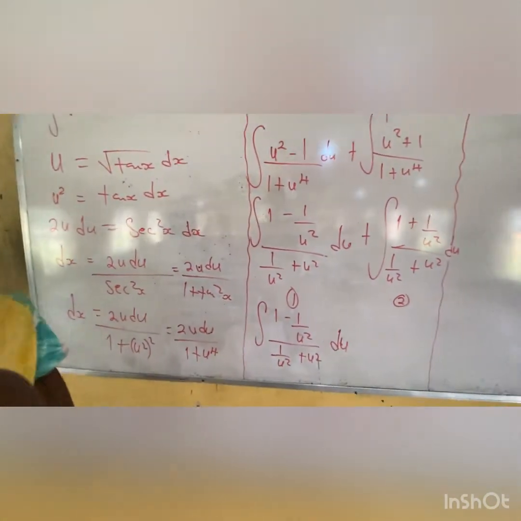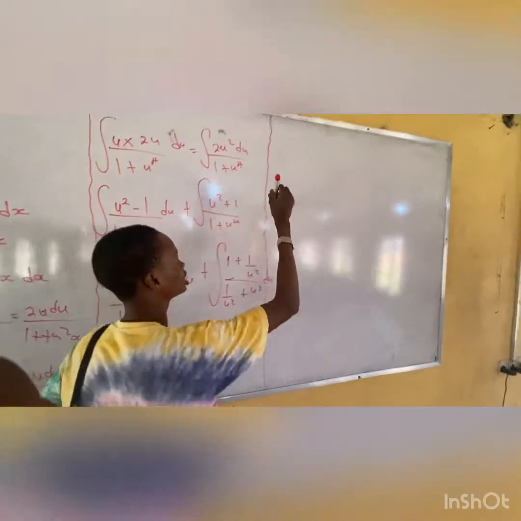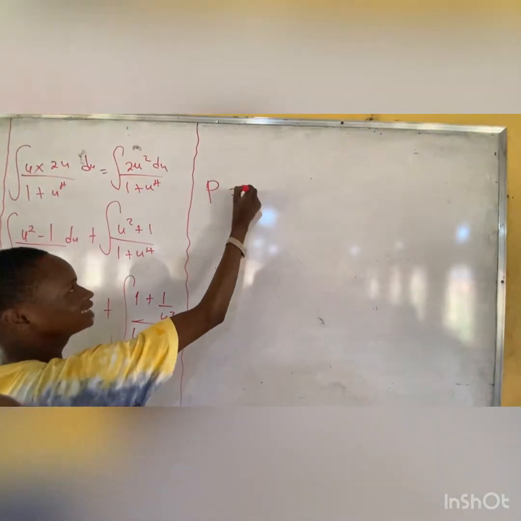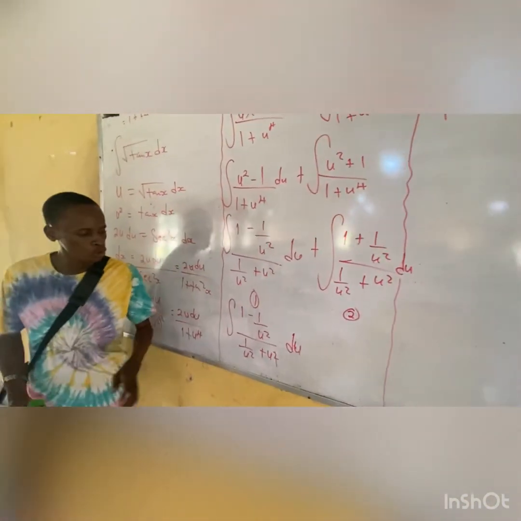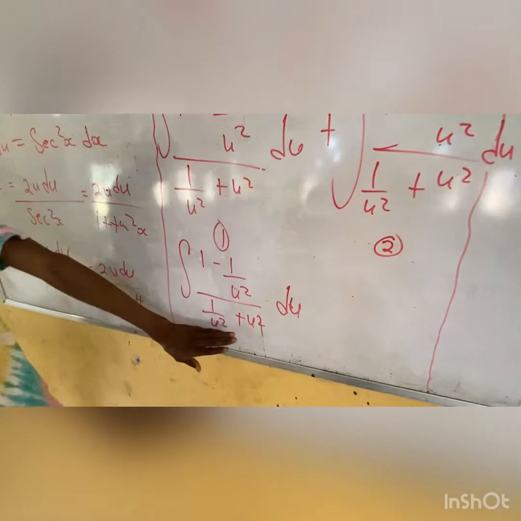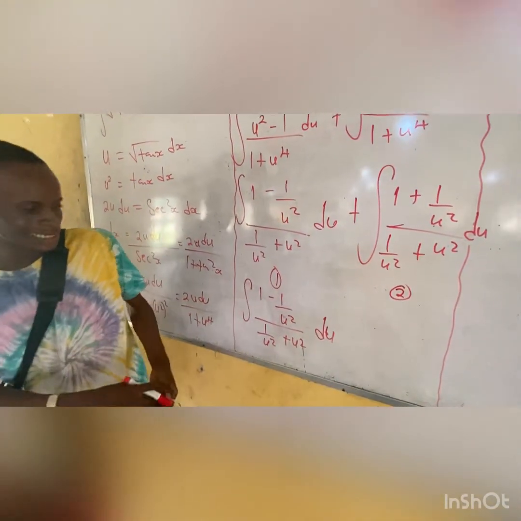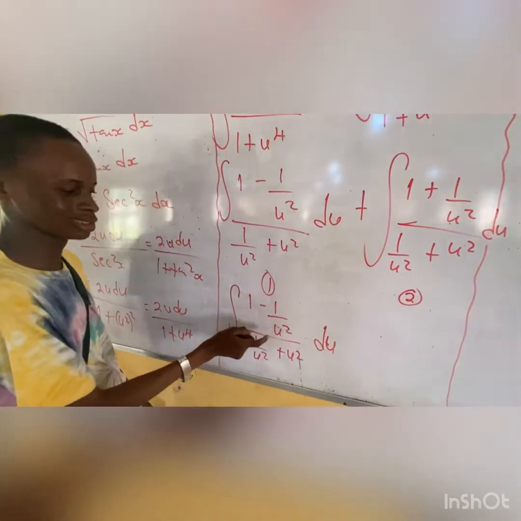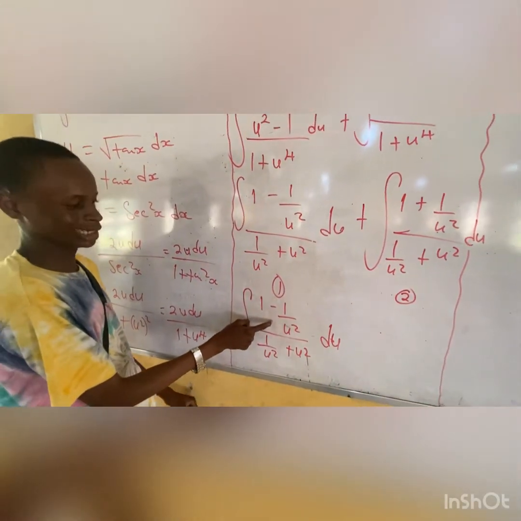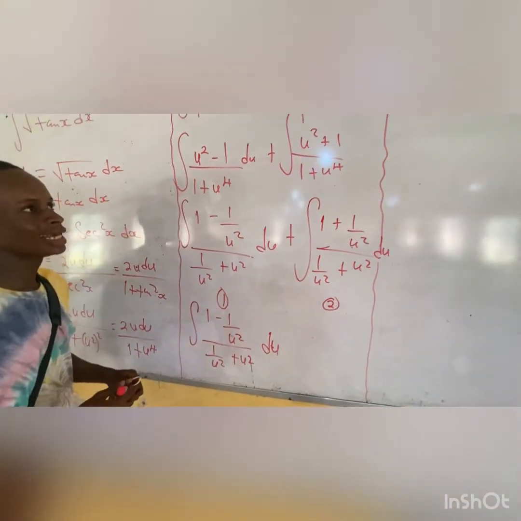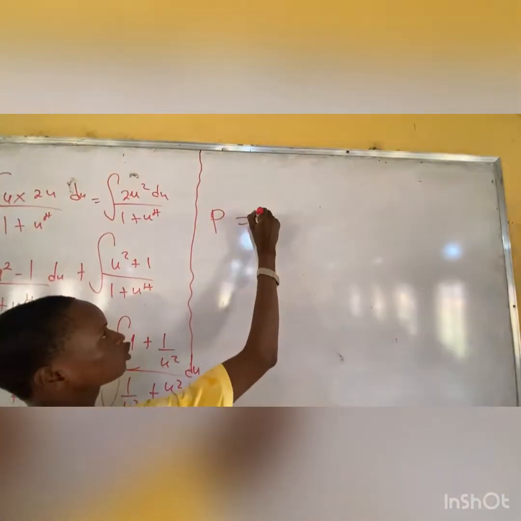Do you understand? Now let's say P is equal to, we look for an integral, we look for a variable such that when you differentiate it, it is going to give you this. You understand? It is going to give you this. So let's say we have our P is equal to u